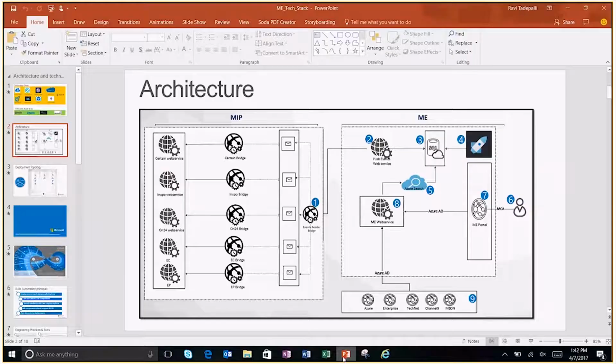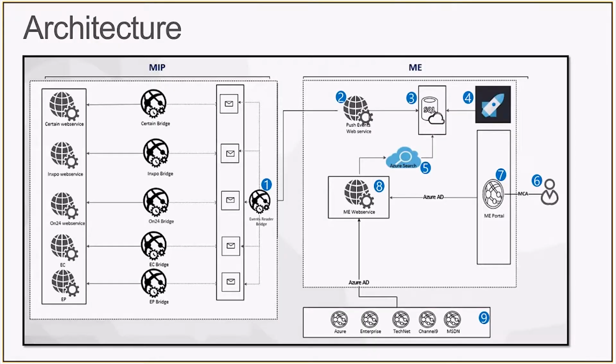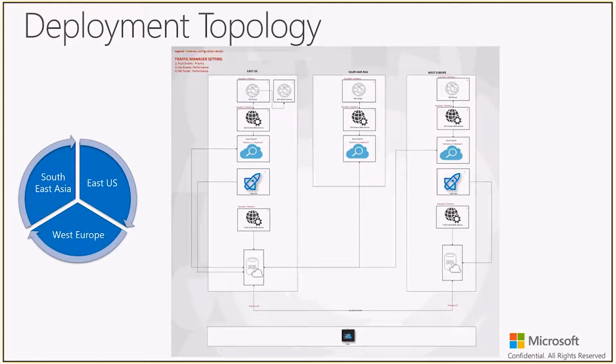So I'll just go back here, and then we will talk a little bit about the deployment topology. Like I said, we deployed it in 3 different regions, which is US East, Europe West, and then Southeast Asia. When you look at the topology that we deployed, not all the components are deployed everywhere. We have the transactional data and the entire set of components deployed in the US West, whereas our US East and Europe West side, we deployed as a fail-safe mechanism.